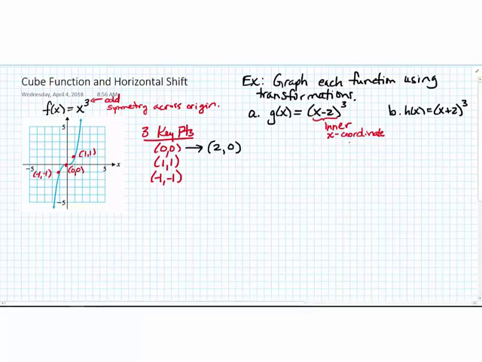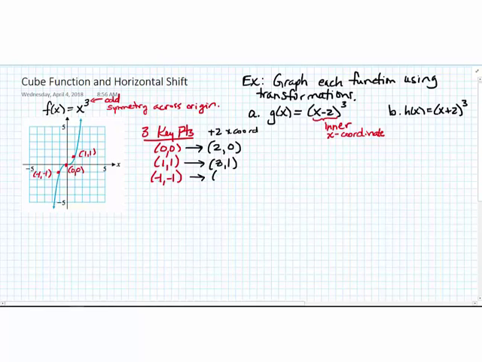So in other words, it shifts which way? Where is 2, 0 compared to 0, 0? To the right, yeah. Let's go ahead and add 2 to each one of our x coordinates. So we're going to add 2 to the x coordinate. And we're going to get what? Instead of 1, 1, 3, 1. Good. Instead of negative 1, negative 1,